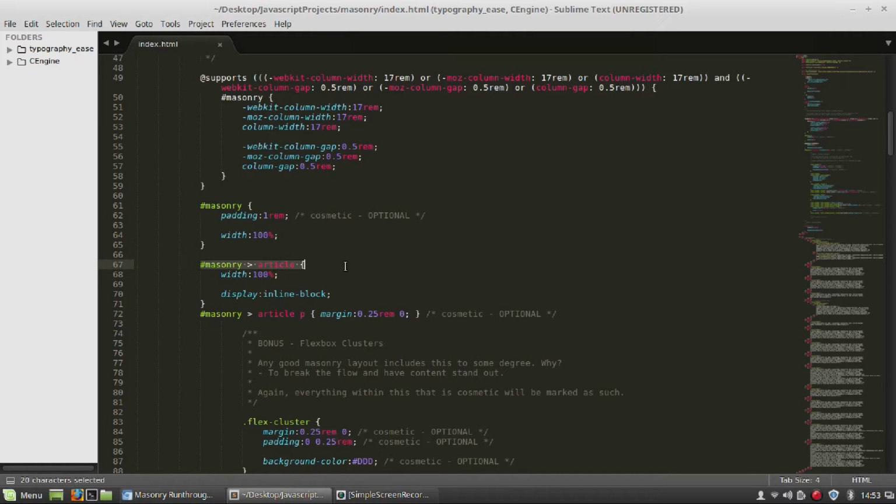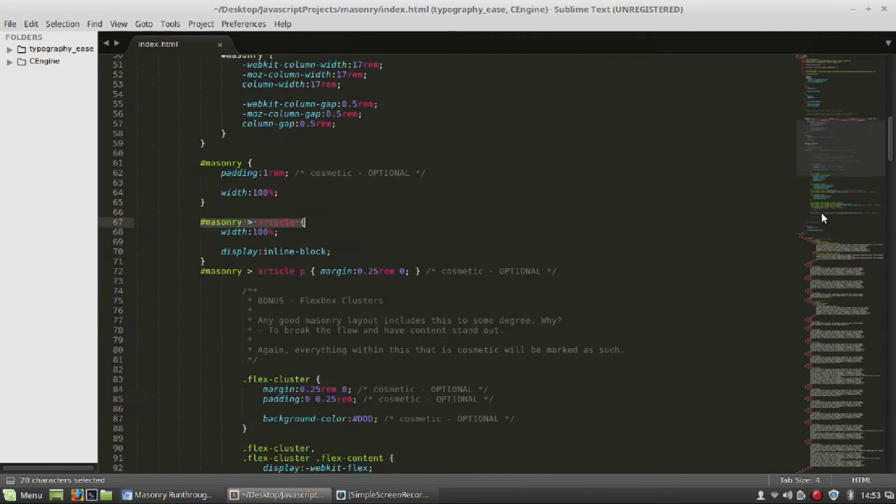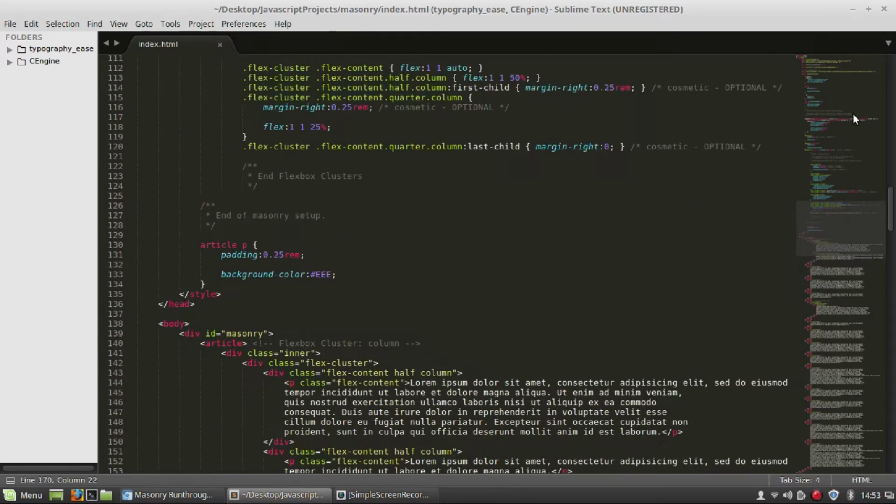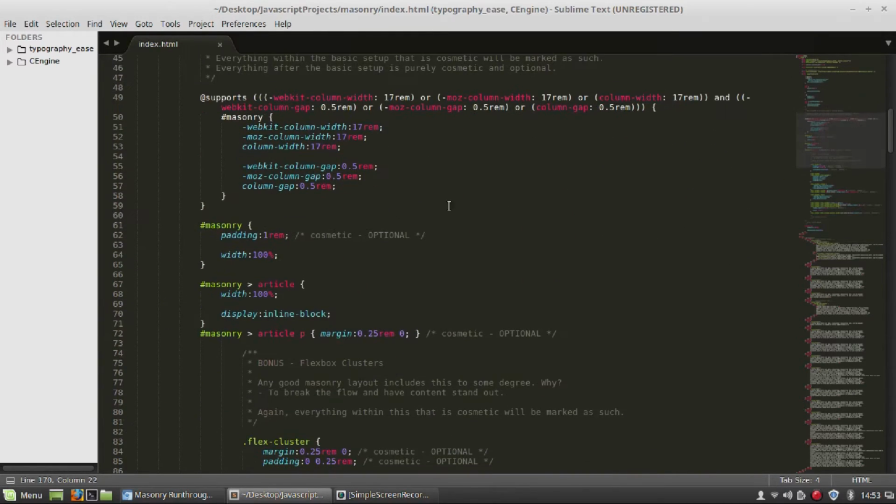Next, we have the masonry articles. That's what I'm utilizing as my elements in the masonry element itself to separate everything. Make sure you set the width of them to 100%. And this is definitely needed for masonry to work. The display of inline box. If you do not have inline blocks. If you do not have this set,